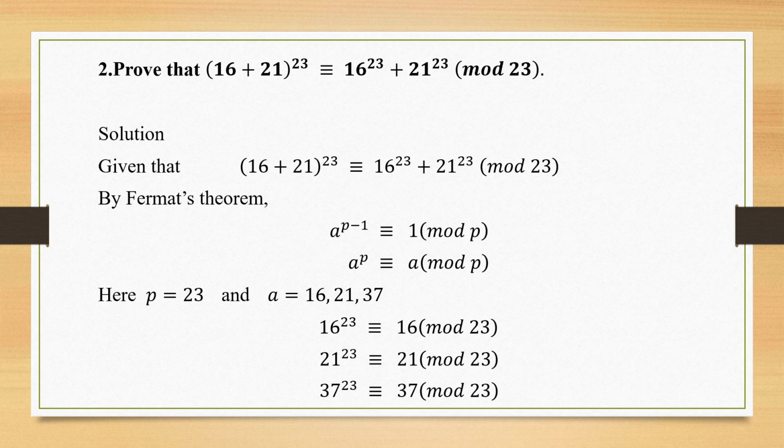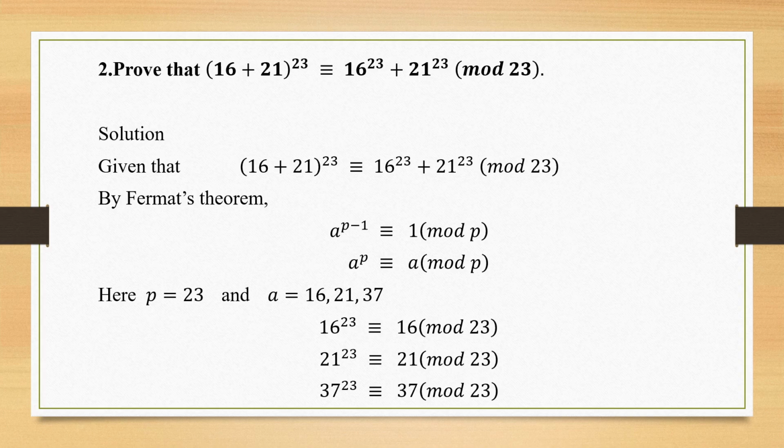By Fermat's little theorem, we know the statement: A raised to the power of P minus 1 is congruent to 1 mod P. Hope you remember I had specified this result in my 4th lecture, where after the completion of the statement and proof of Fermat's theorem, I told you Fermat's theorem has another alternate way that I can write it as A raised to the power of P is congruent to A mod P.